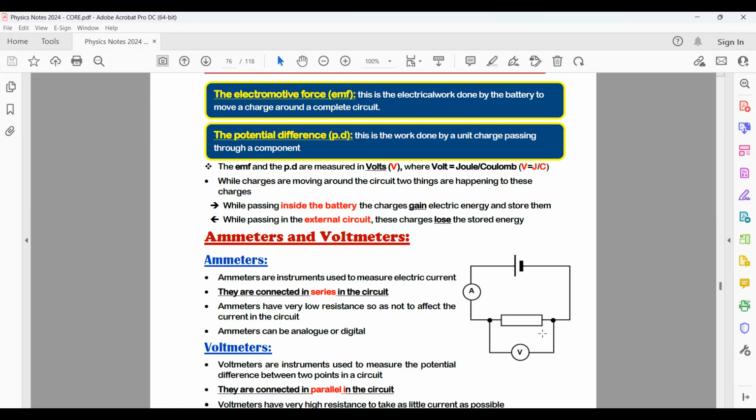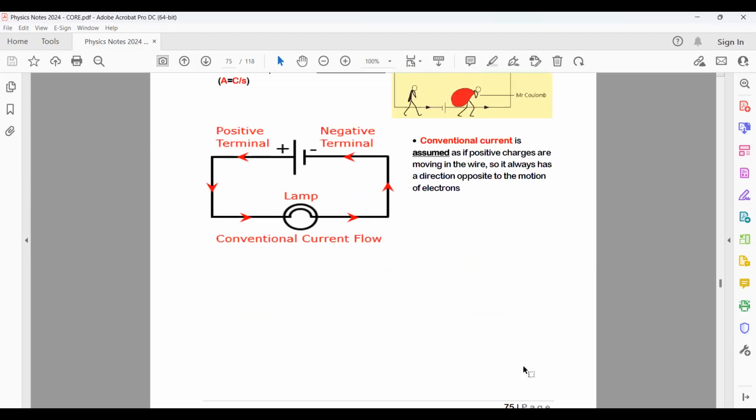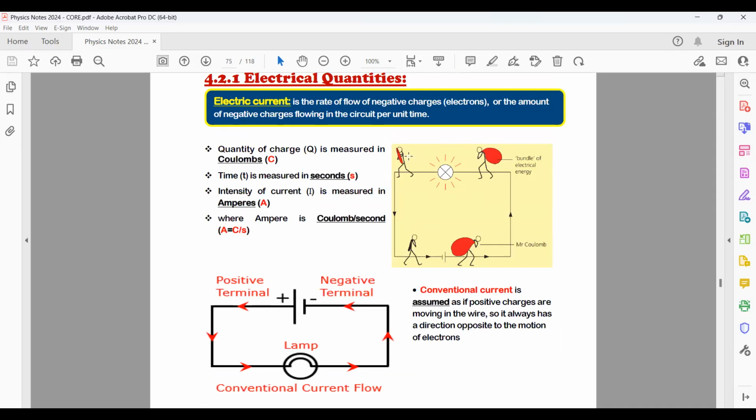And in this area, this is called a resistor. This resistor will consume some of the electrical energy or some of the voltage. So as I notice, there will be a difference between this point and this point. So the voltmeter will tell me how much voltage has been consumed in this place. Very important note you need to take care of. As you notice, the charge coming back to the battery doesn't have energy. I must return to the battery with 0 volts. So when I go out of the battery, I have voltage. I will deliver it to whatever components are there and go back to the battery